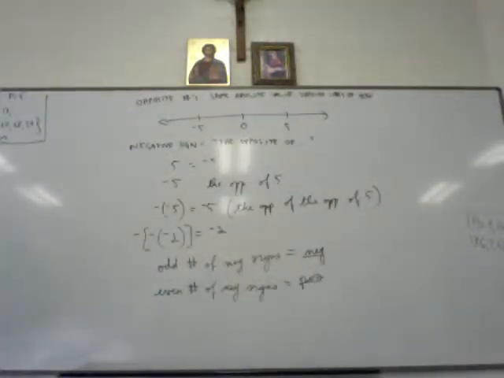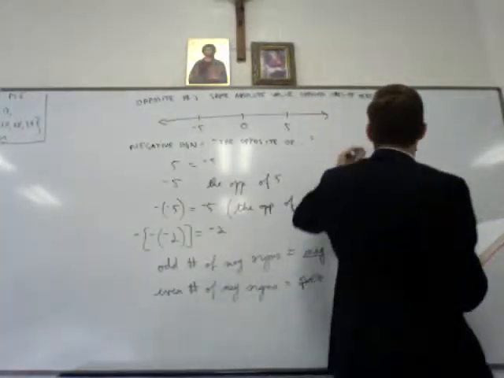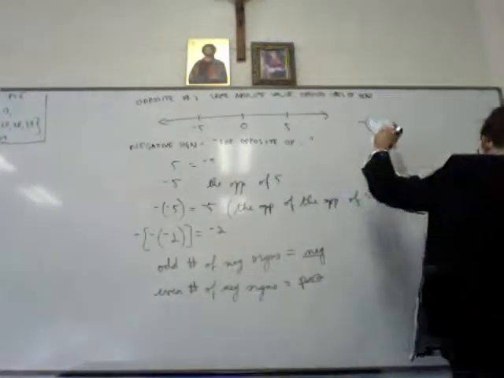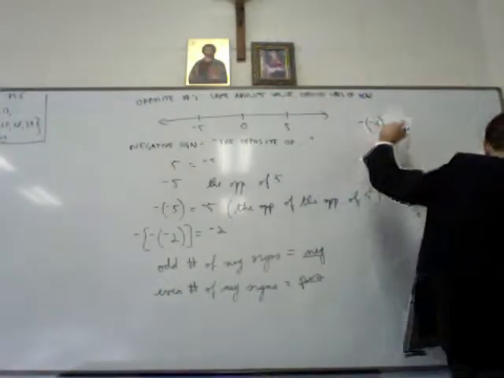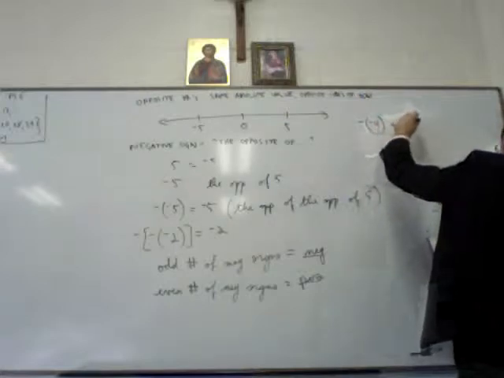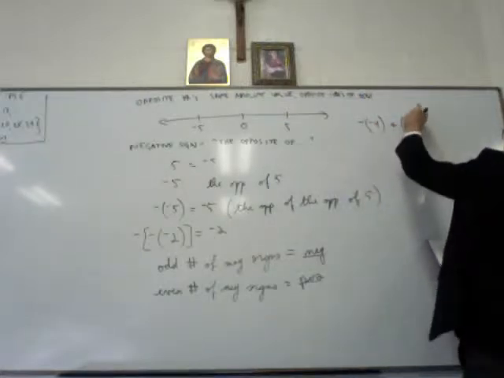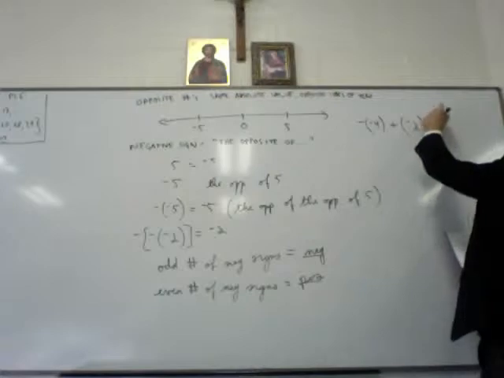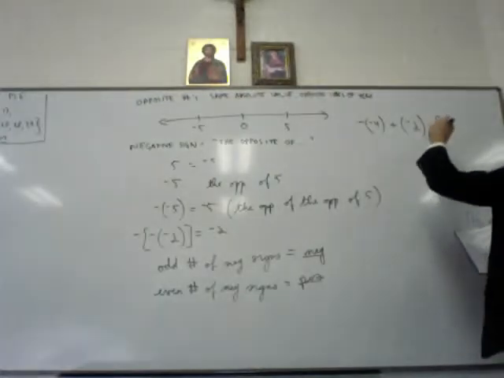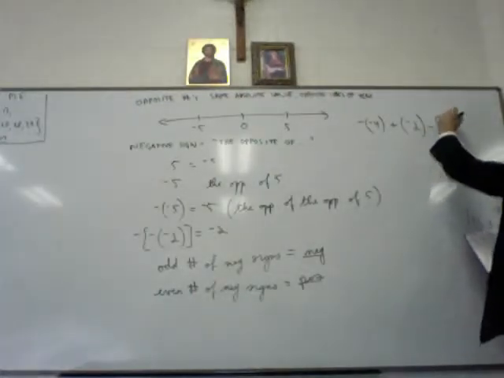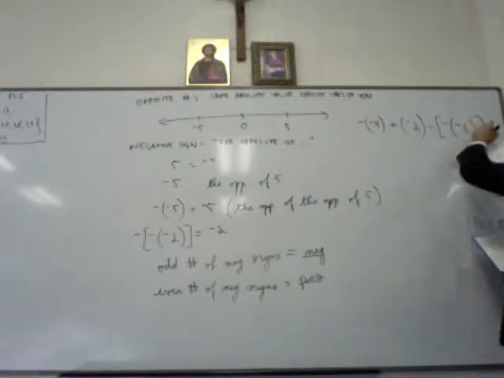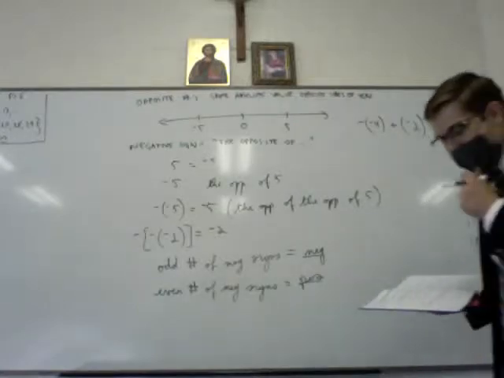This is the first example on page 35. And we've got, I'll do it over here, negative parenthesis, -4, close parenthesis, plus, parenthesis, -2, close parenthesis, minus, square bracket, negative, parenthesis, -6, parenthesis, square bracket. That's what we've got here. Now,